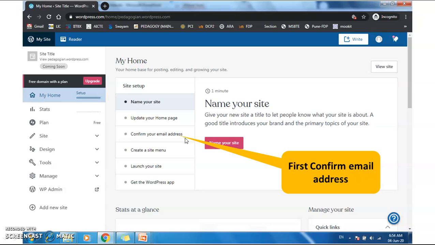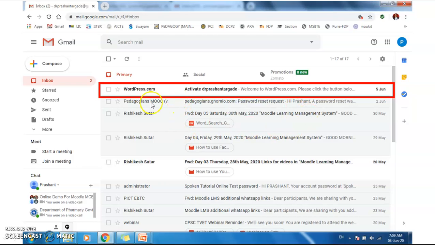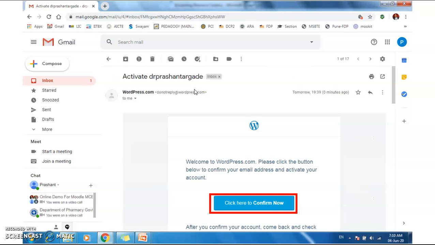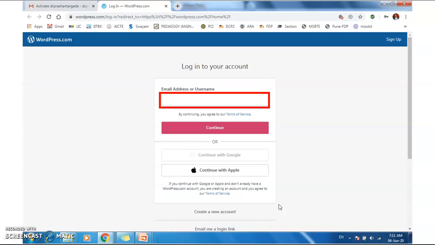To confirm our email address, we have to log in to our email account and try to find the email from wordpress.com. Here I have received an email from wordpress.com. So I will open it and then click on this button, that is, click here to confirm email now.